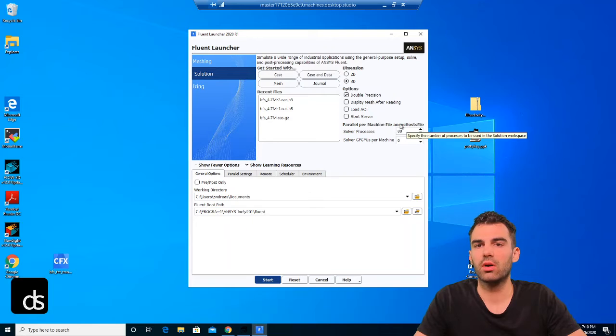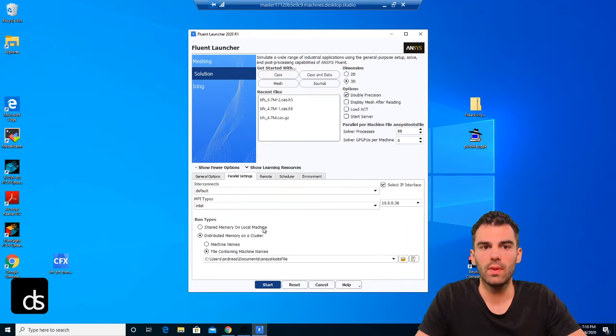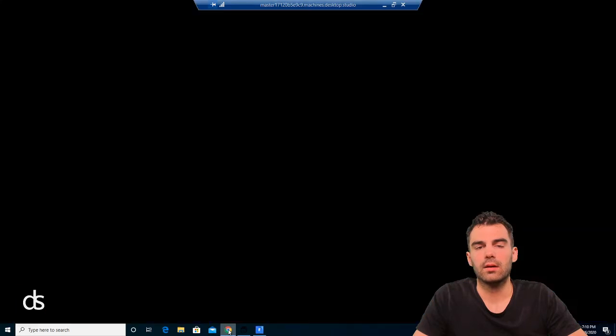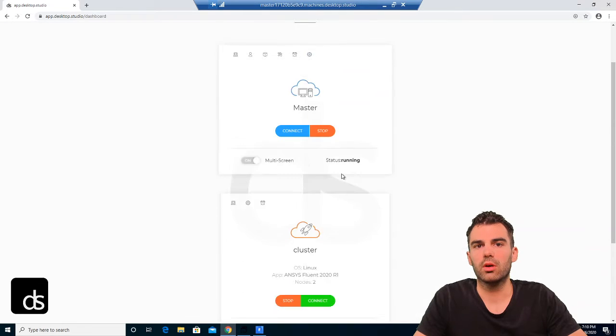We can see here the cluster has 88 cores in total. Here we can see the ANSYS host file containing all the nodes. Everything has been set up on the fly directly through that exe. So the simulation expert just has to select his case and start the process. Okay. So here, when we go back,